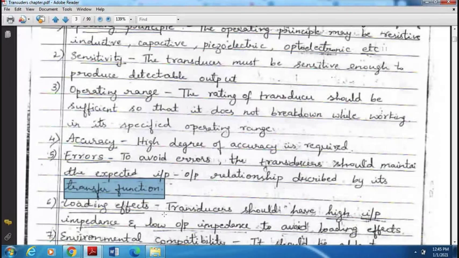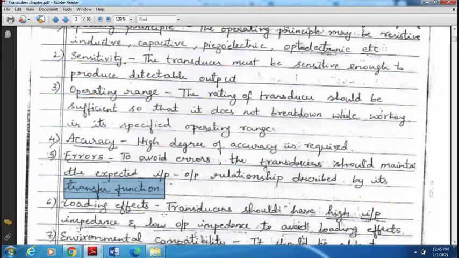So what happens is, if you take a smaller range of transducer and connect it across a higher capacity, it will obviously not show the good reading. It reads a very low reading. Or if you take a higher range and connect across a smaller supply, it will obviously show a smaller reading. There will be some variations in the reading.